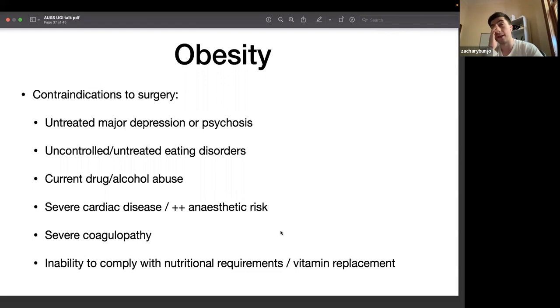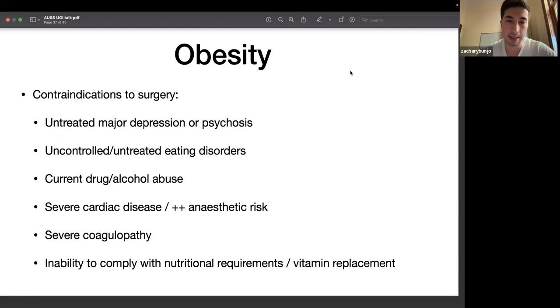You might not appreciate that the process for bariatric surgery is very long and arduous, and there's a lot to it. It's not as simple as a patient being seen by a bariatric surgeon, but they need a workup that includes a review by a dietitian. They need to be counselled on dietary and lifestyle changes. They need to show an ability to commit to those changes and maintain those changes. They need to be seen by a physio for an exercise regimen. They should also be seen by a psychiatrist to rule out any underlying